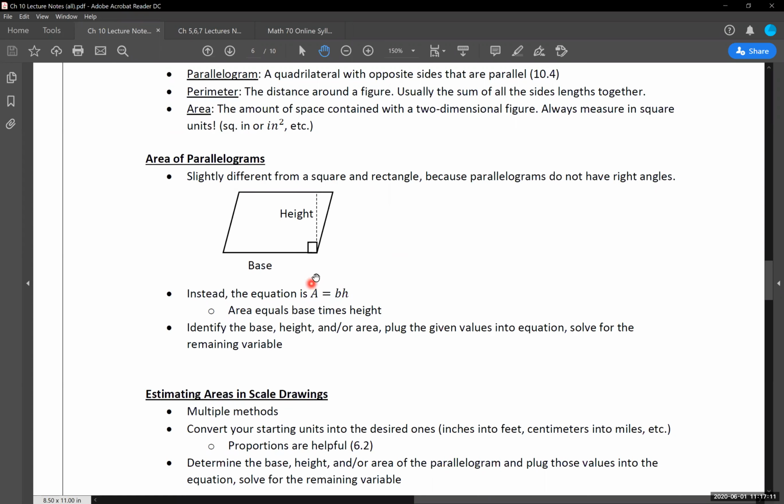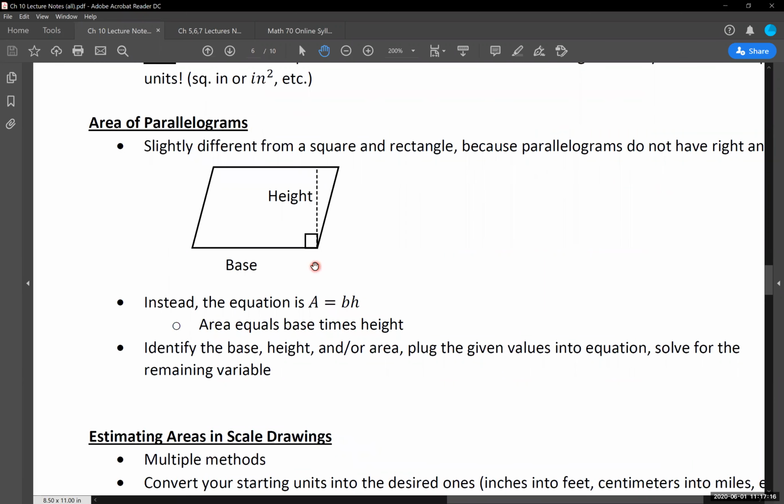Now I want to make this clear, because this is another point of confusion that does show up. It's understandable, but I want to clarify it. The height is the distance directly across from these two parallel lines here. The height is not this length along the side. They're two very, very different calculations.